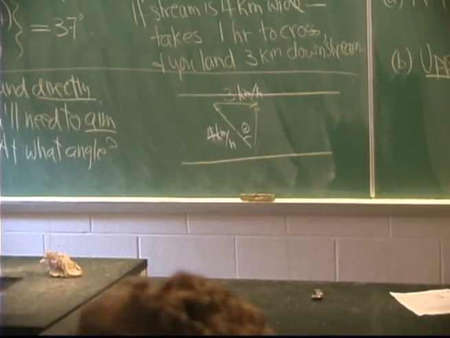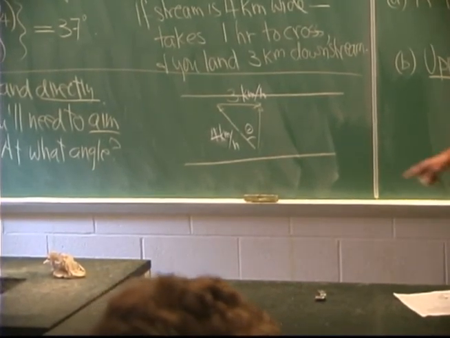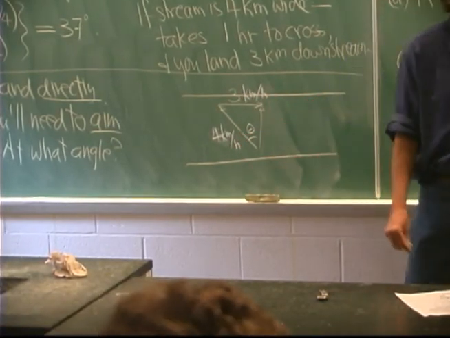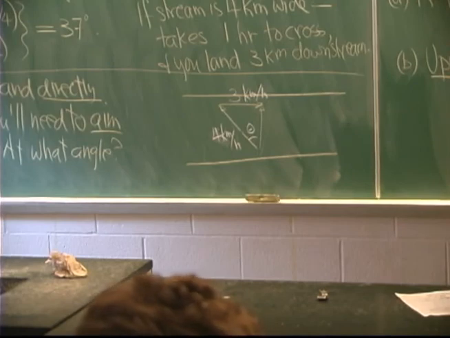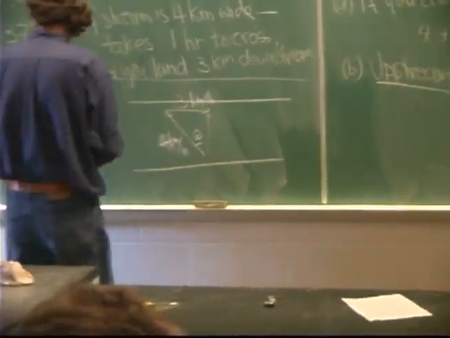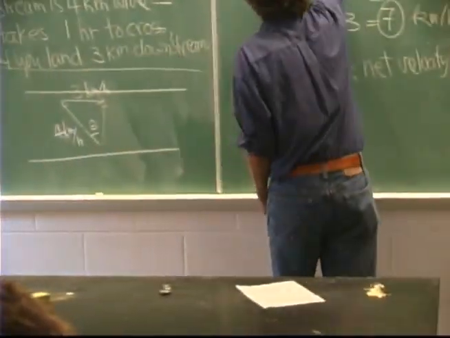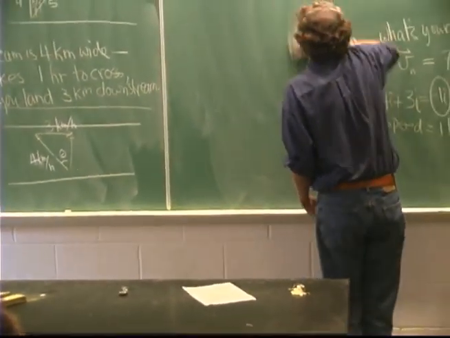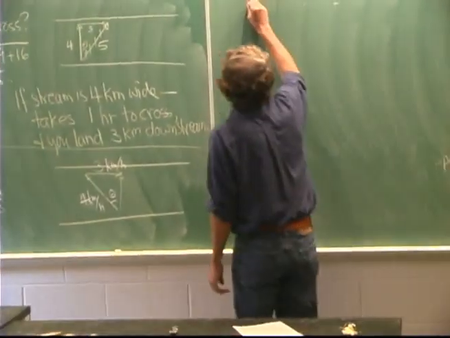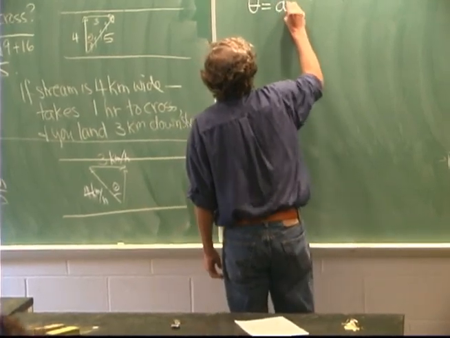Do you see the problem? It is not the arctangent of 3 over 4. In point of fact, it's the arc sine of 3 over 4. Right? Because the sine of this angle is the opposite over the hypotenuse. So the answer is theta in this case is equal to arc sine